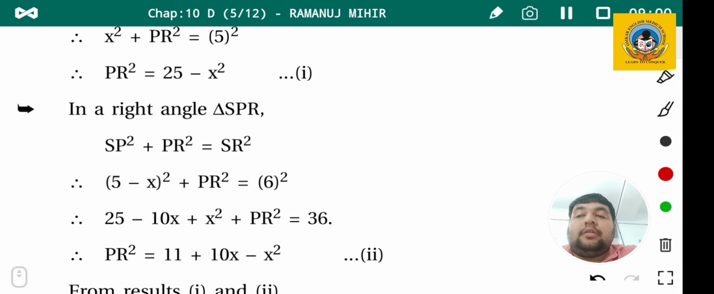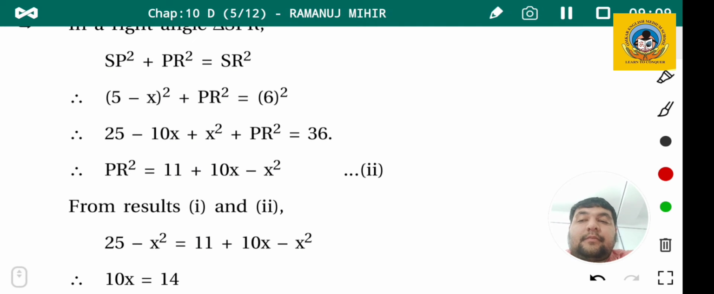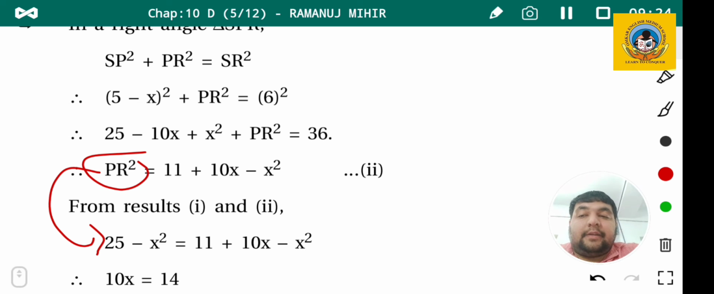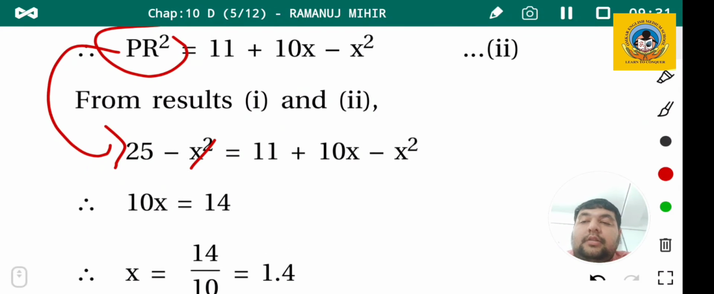So 25 minus 10x plus x square plus PR square. Put the value of PR square, or you can compare both equations. You will get 25 minus x square, putting the value of PR square from equation 1, that is 25 minus x square. Okay, so x square will cancel each other, and this